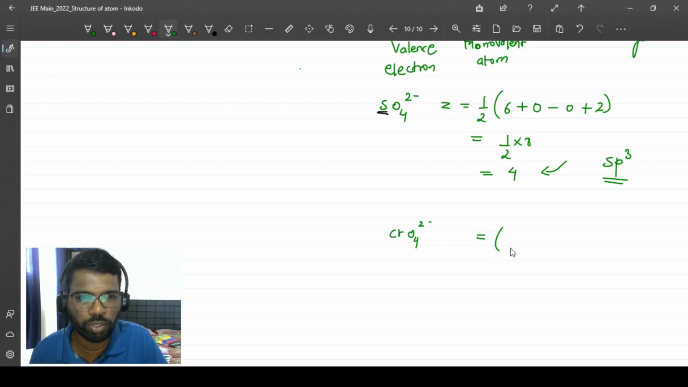Chromium. When it comes to chromium, it will have 5 valence electrons. So we will consider this to be 5 valence electrons. See the electronic configuration of chromium. It is 4s1 3d5, right? So 5 valence electrons plus the number of monovalent atoms. It is just oxygen, so it is not a monovalent atom. So this is 0 minus 0, and